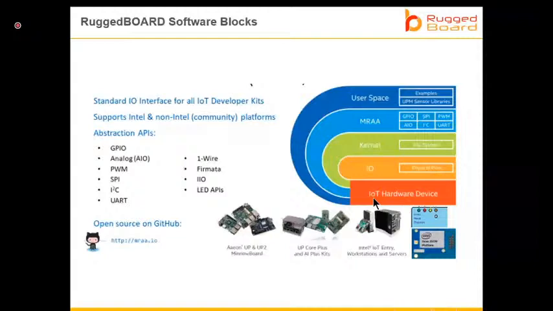That means you are able to develop a sensor code or any of your IoT application code independent of the hardware. How is it possible? When MRAA is ported on a particular hardware, you use only MRAA APIs.